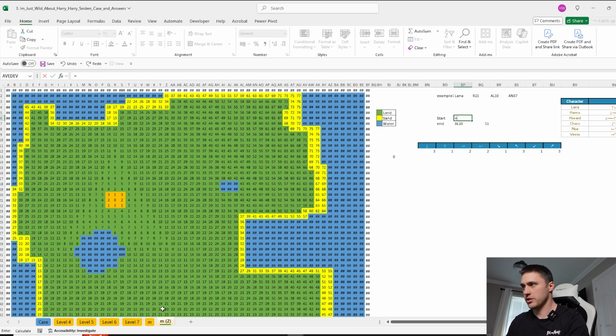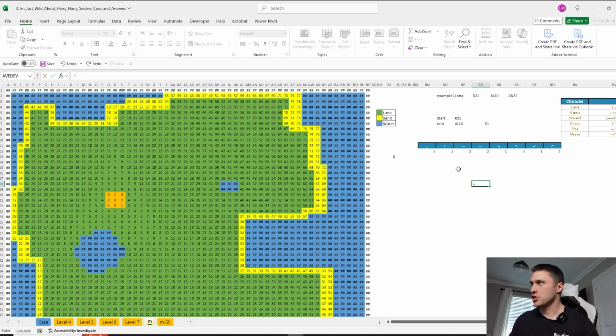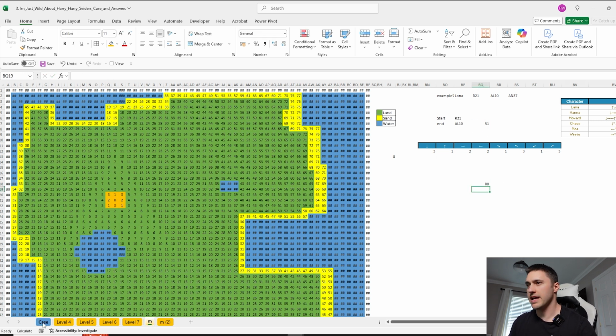Our starting location is going to now be AL10, where the banana was, and our ending location is going to be the ending location in the question. There we go. And now our final answer should be this distance plus this distance, which is 80, and that